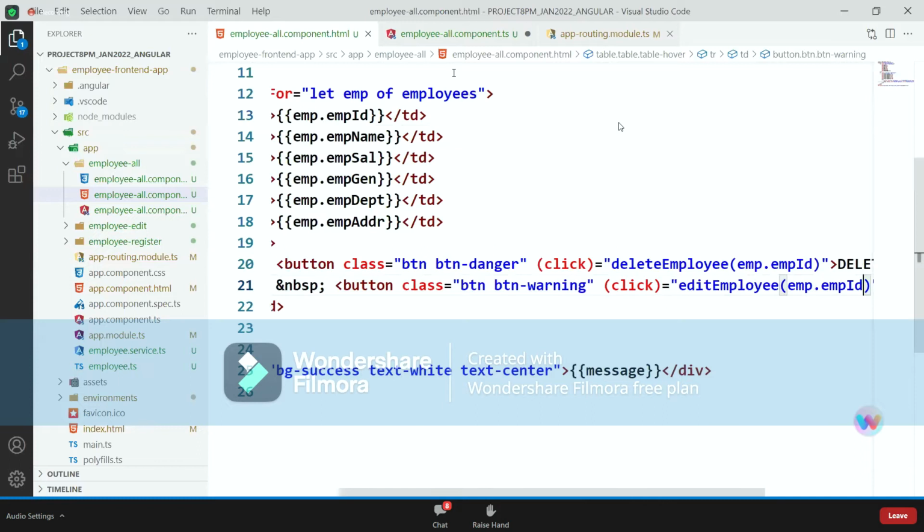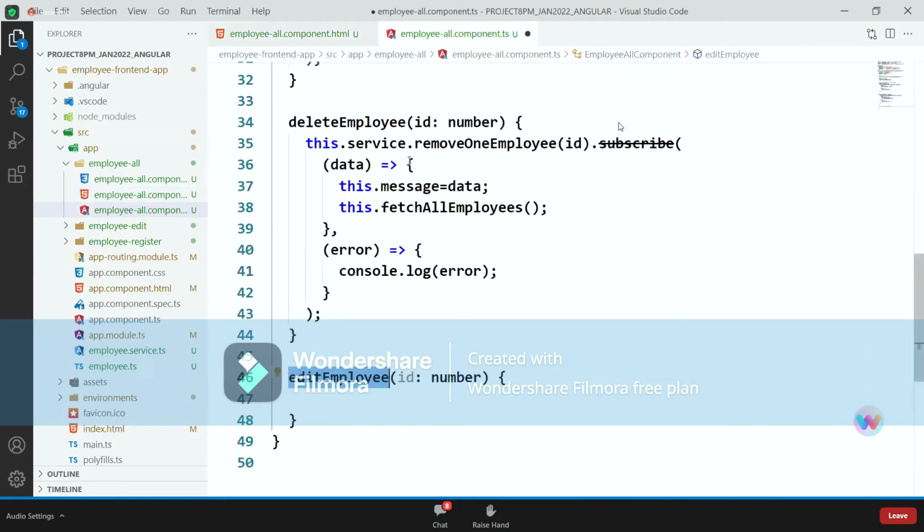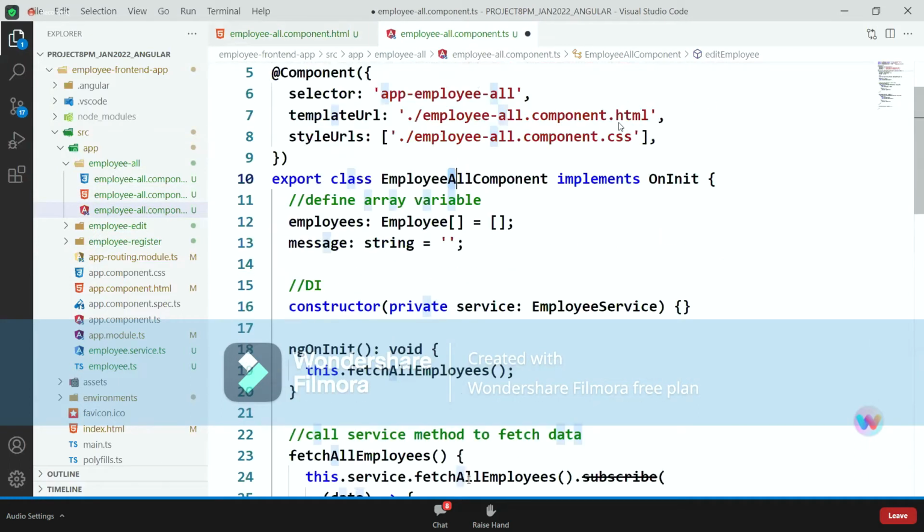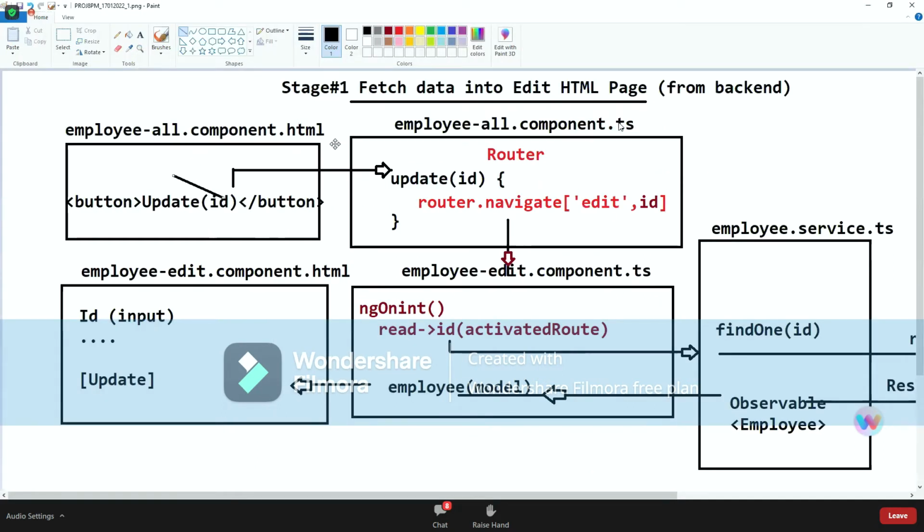But actually it is going to come to the employee all component. I don't want the all component. When you click on all component HTML, it will come to all component TS, but I want to go to the edit component.